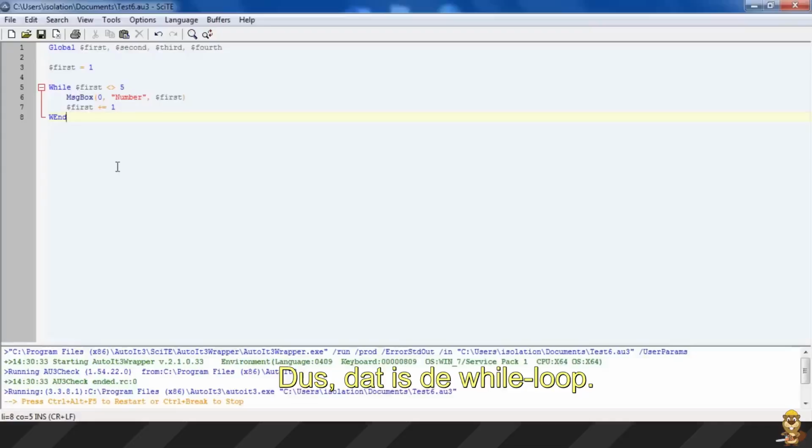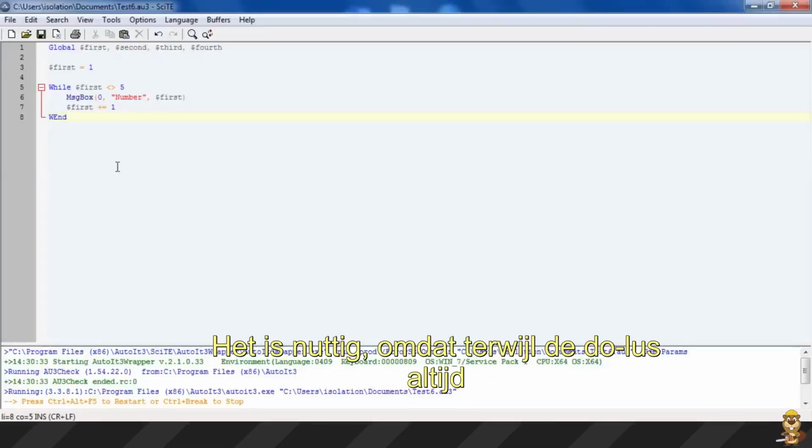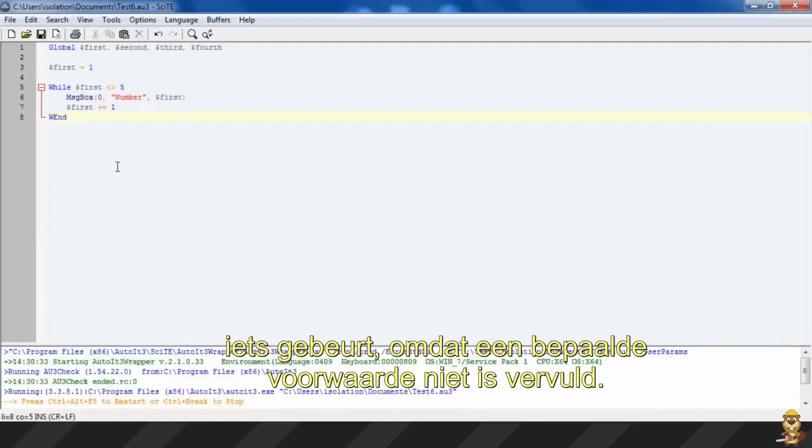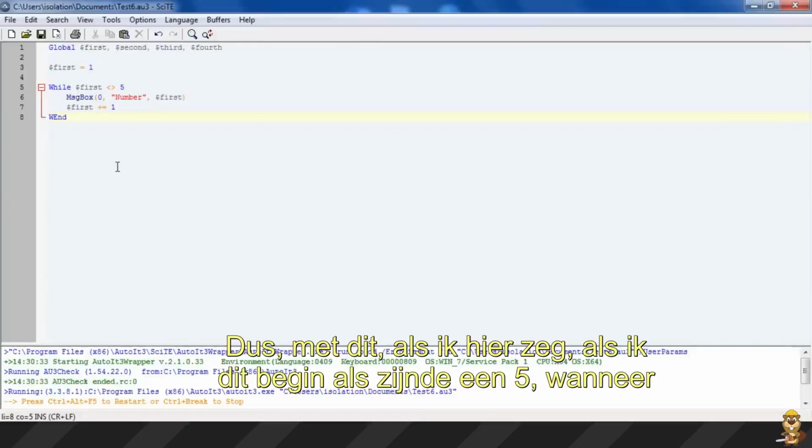So that's the while loop. It's useful because whereas the do loop always works at least once, sometimes you might not want something to happen at all because a certain condition hasn't been met. So with this, if I say here,